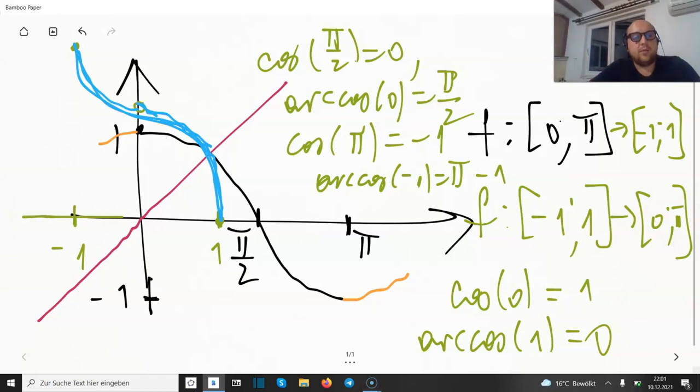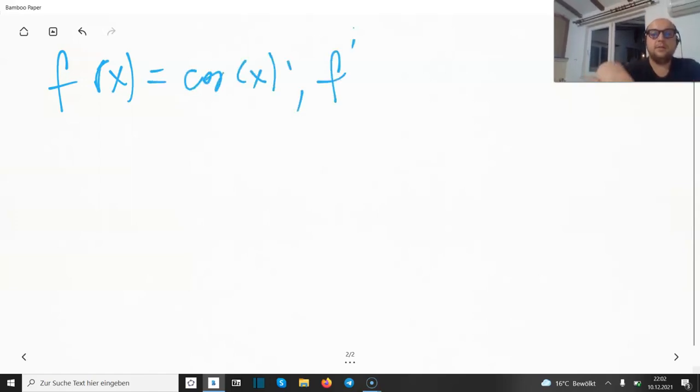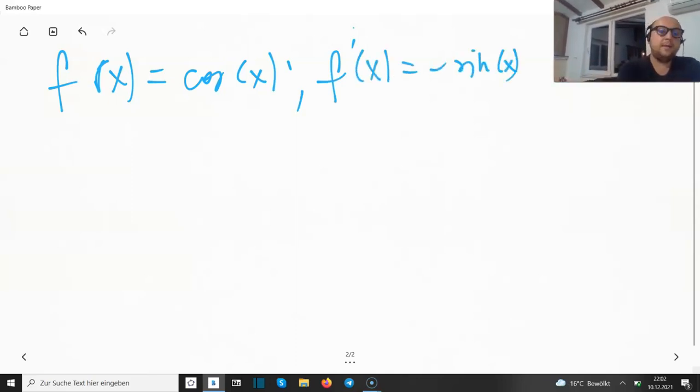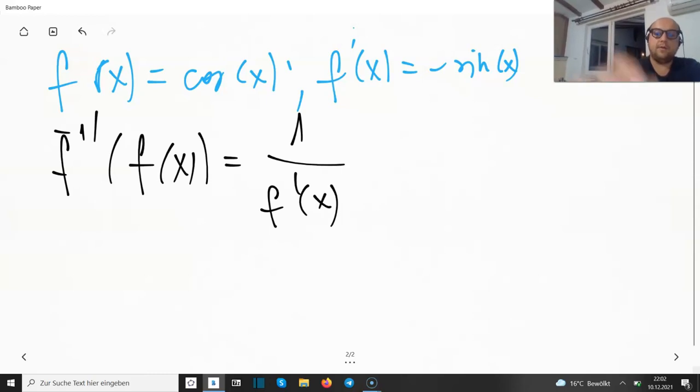As you can see, once again, we never have an infinite slope or something, so the function is nice and differentiable. So we can produce the derivative of the inverse function. We remember if f of x is equal to the cosine of x, the derivative of the cosine was minus sine, and we apply the formula just once again. So f to the power of -1 prime at f of x is equal to 1 divided over f prime of x,